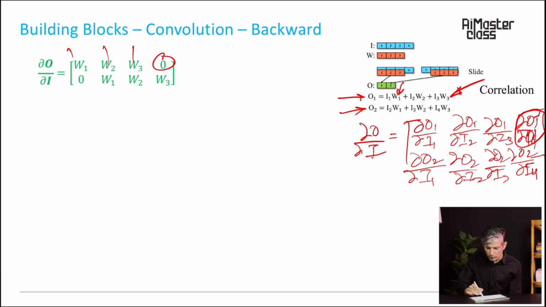Similarly, when we do it for O2, we want to differentiate with different Ij's, let's say. So when we differentiate with I1, there is no I1, so we get a 0. But when we differentiate with I2 for the second term, we get W1, and so on. Yeah. So just remember this. And now